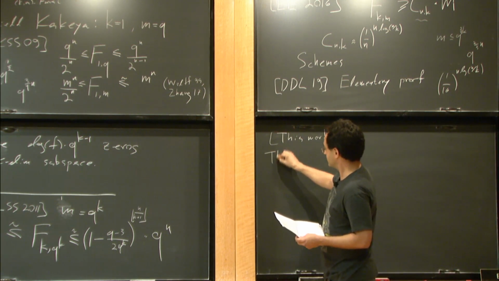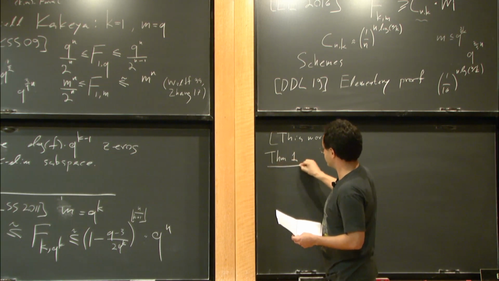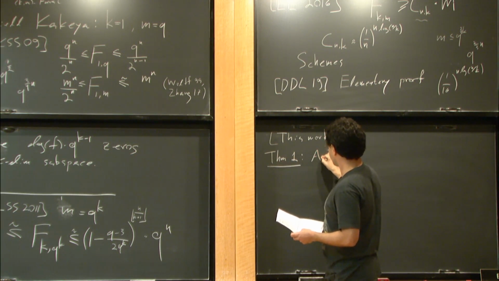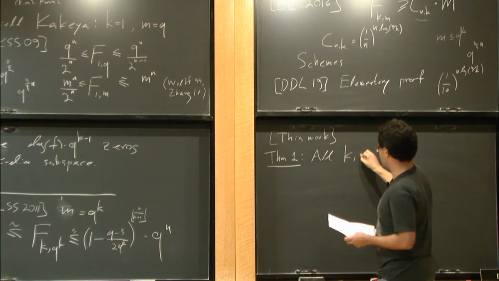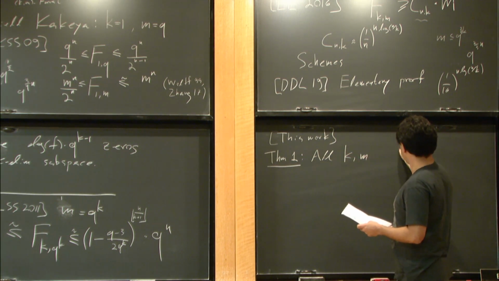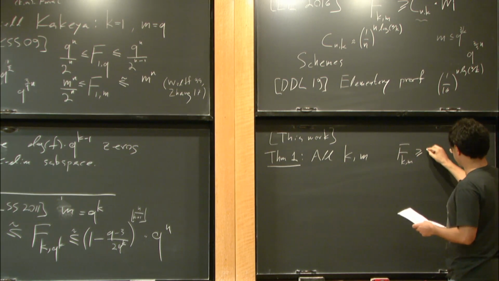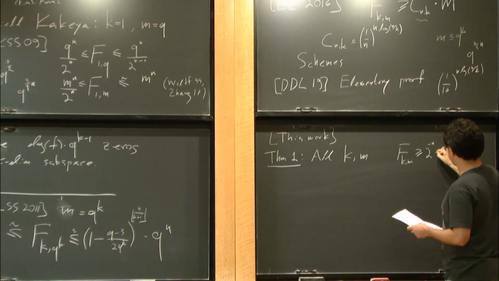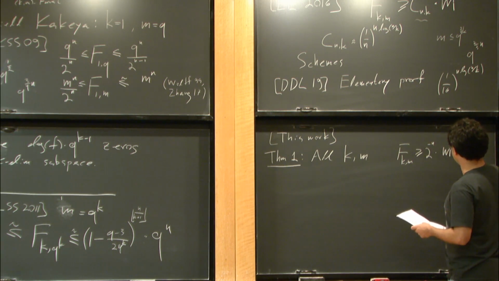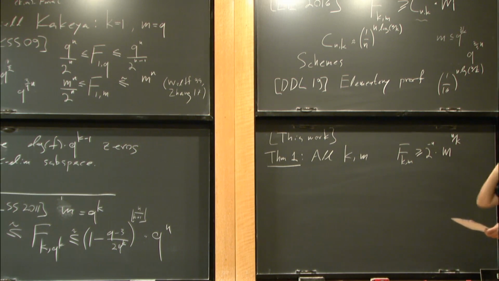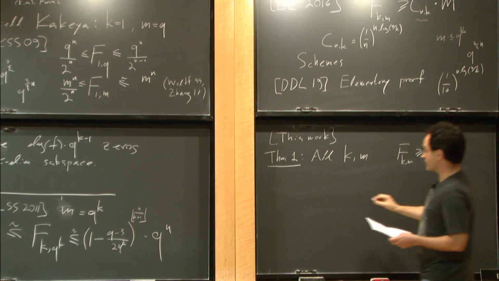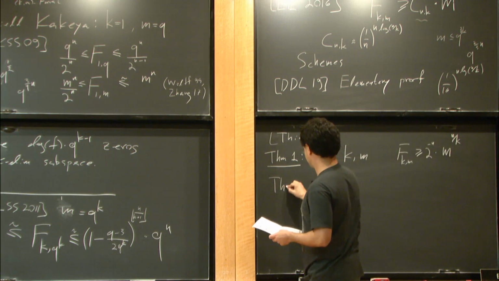One is for general K and M, and we get 2 to the minus n, m n over k. And the other one,